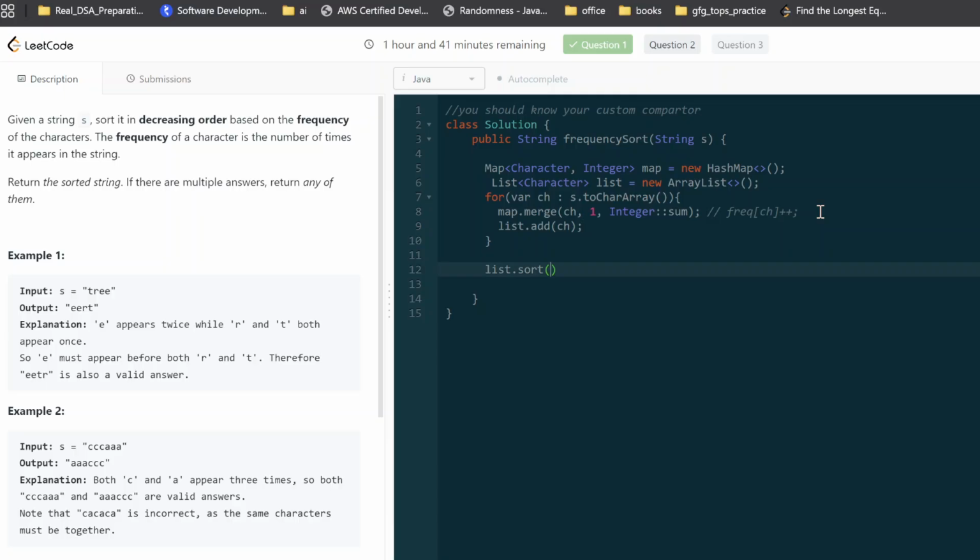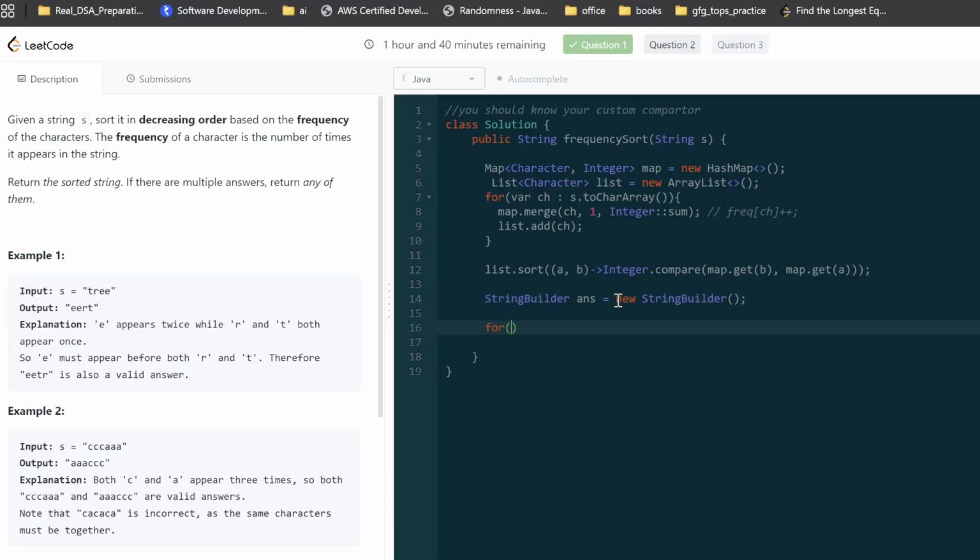And what is the comparator? A comma B, basically Integer dot compare, map dot get b, map dot get a, right? So basically in the increasing order of their frequency,